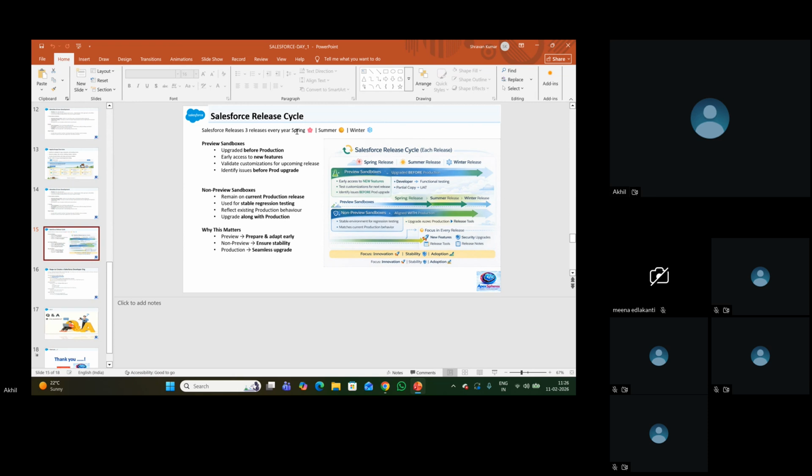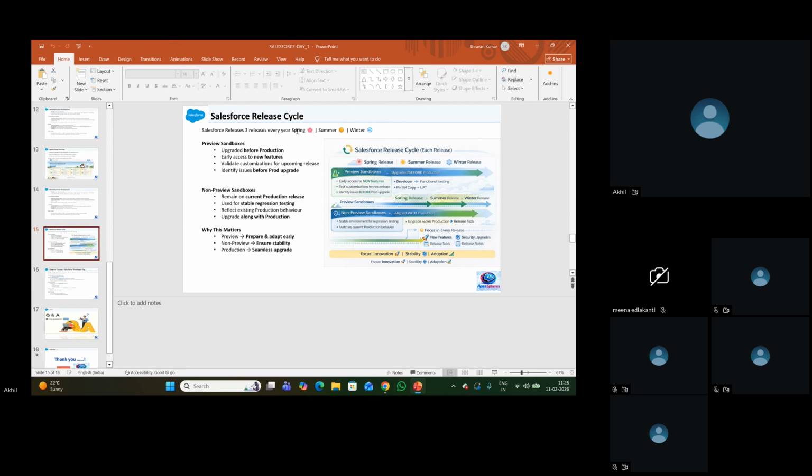In order to find the release information, we need to search for Salesforce spring 2026 release notes. Now we are into spring 2026, because the order is spring, summer, winter.